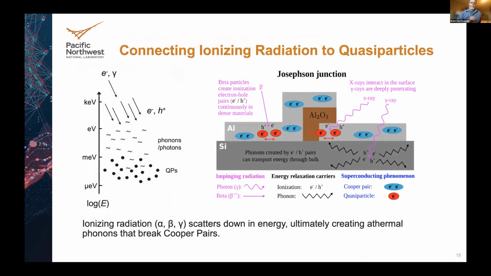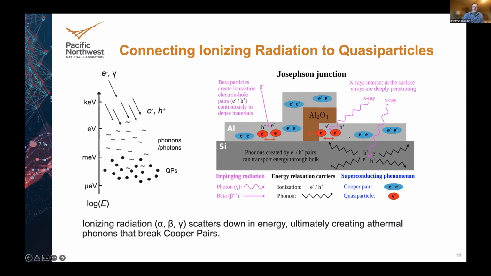Going deep underground, by the way, is the only way to meaningfully shield yourself from cosmic rays. So what's going on there? Let's talk about the microphysics a little bit. We have environmental radiation, either from cosmic rays or from naturally occurring radioactive material in the environment. These radiations are what we call ionizing, and that means it's measured in energies of like kilo electron volts, keV and up. They enter into a device.